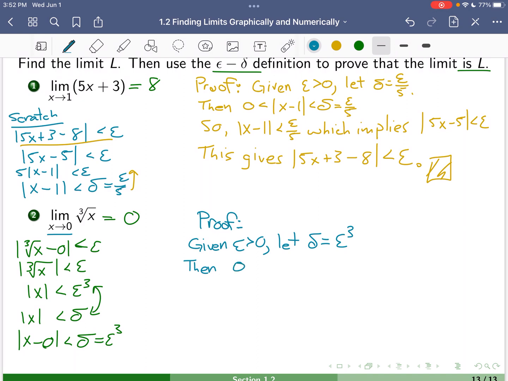Then 0 less than the absolute value of x minus 0 less than delta equals epsilon cubed. So the absolute value of x minus 0 is less than epsilon cubed, which implies